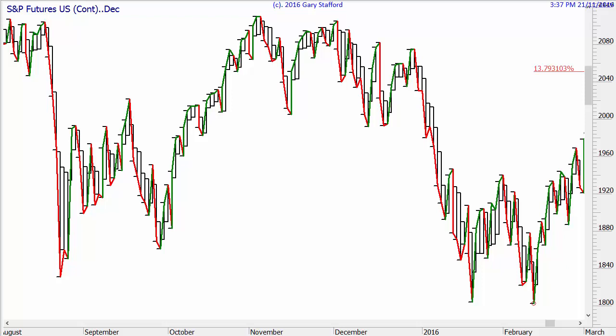But we actually use his rules there to move stop losses, and also some other rules he used for moving stop losses. And it's all based on this red and green line that you can see on the chart, and what we're looking for is where the line changes from red to green to move stop losses.